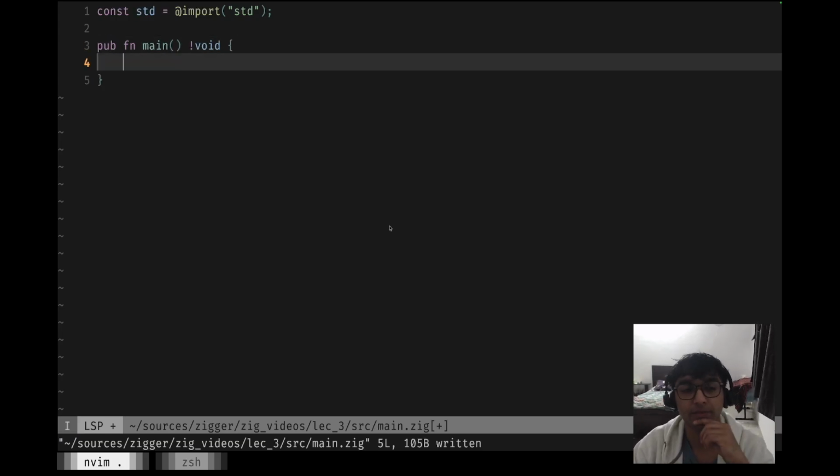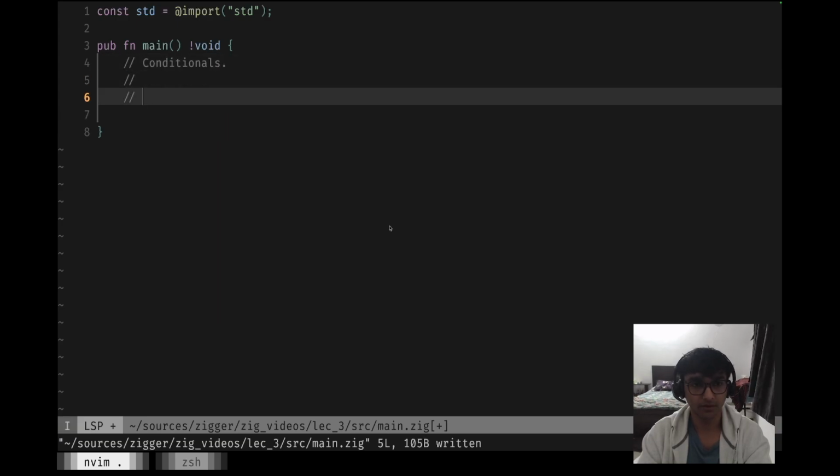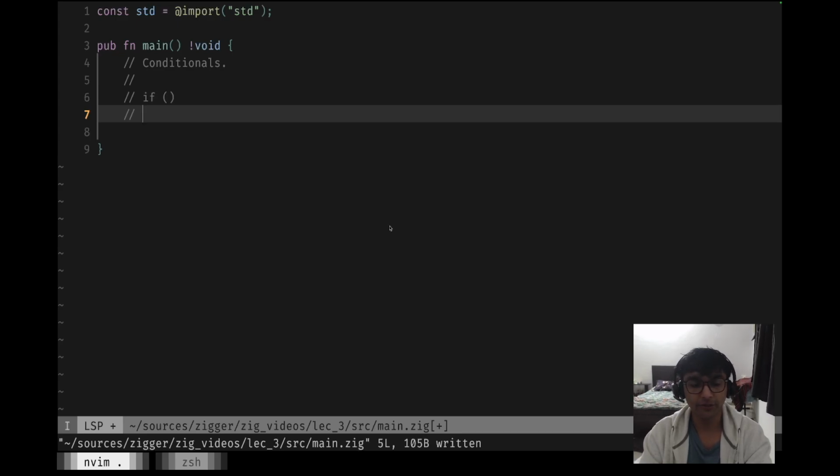Let's start with conditionals. As mentioned, conditionals are how you make the program behave based on certain conditions. If the condition is like this, act in this way or do some operation, whatever operation you want. Conditionals in Zig use if statements, and your syntax will follow something like this. You will have if, and then under that block you'll add your conditions, and you can use a bunch of